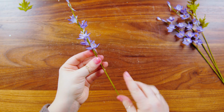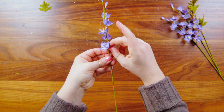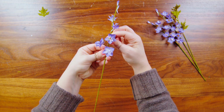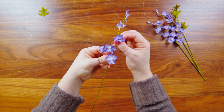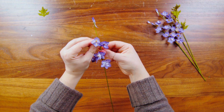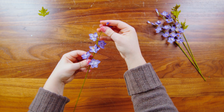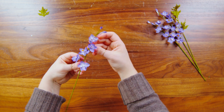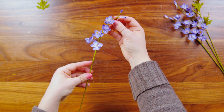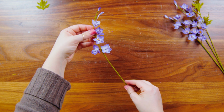Once the stem is wrapped, we can go ahead and arrange the flowers. So I just like to make sure that the tail is at the top of the flower, so you may need to twist some. And then just bend the flower out so it arches away from the stem. I like to bend my stem a little bit so it's not so straight. There's your stem of larkspur, and we're going to go ahead and make our stem of leaves now to go